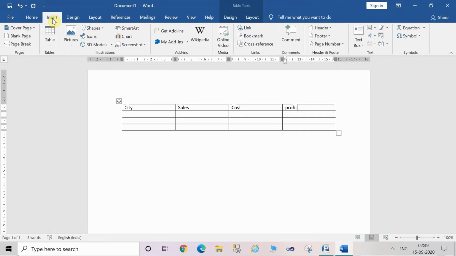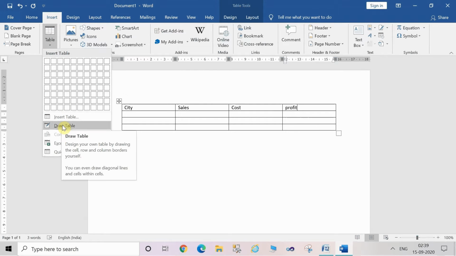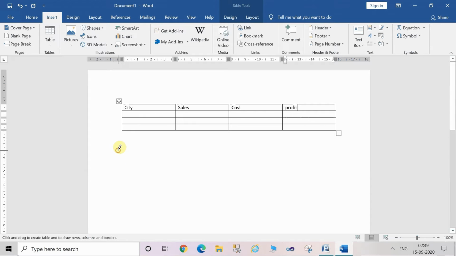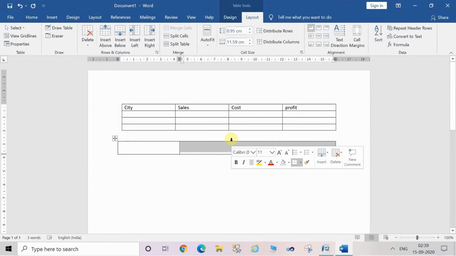Second method to draw a table is to click on the second option of draw table. Just drag this to the appropriate length and width, and now you can draw the rows and columns manually.